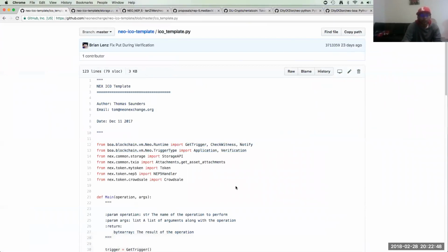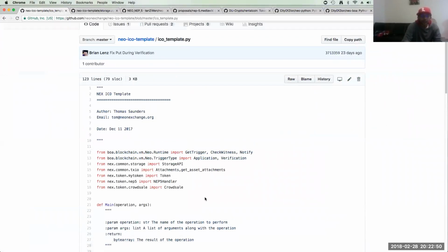Let's go ahead and finish looking at this code. So here they have their own classes, which I should probably do, to be honest. That is cleaner code. So they made their own asset attachments class, their own token class, NEP5 handler, and a crowd sale class.